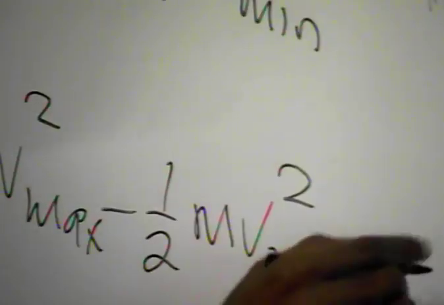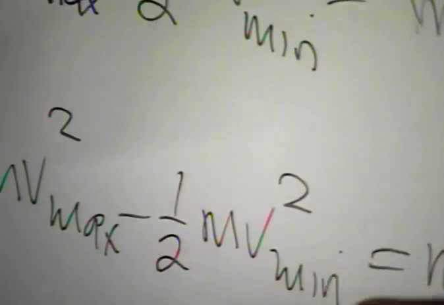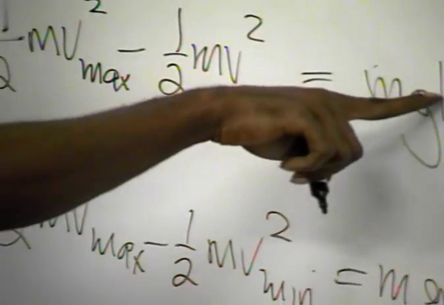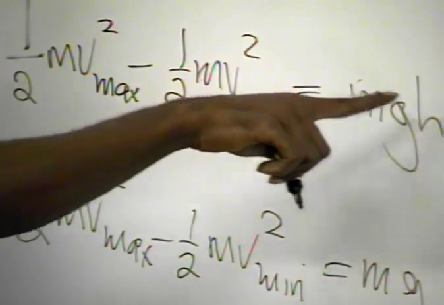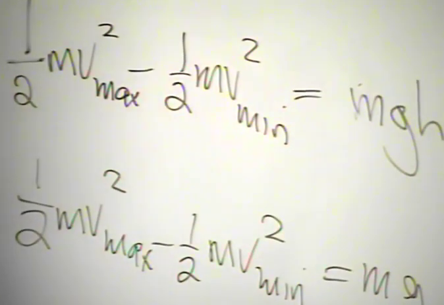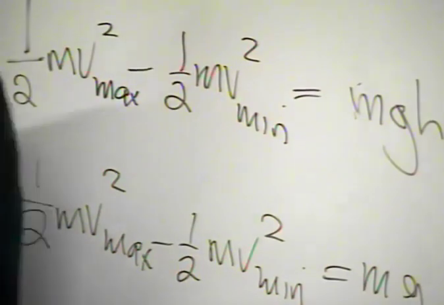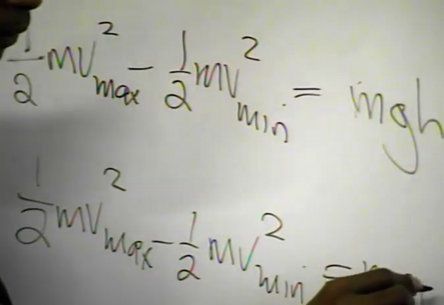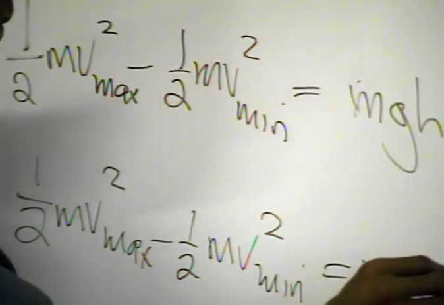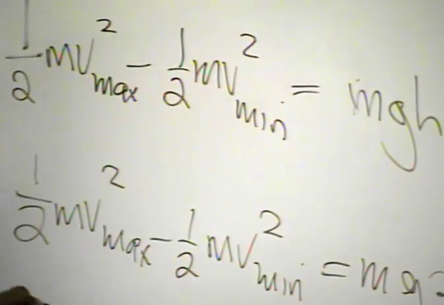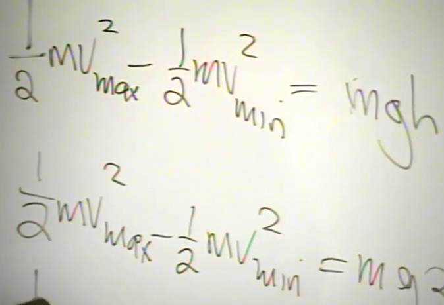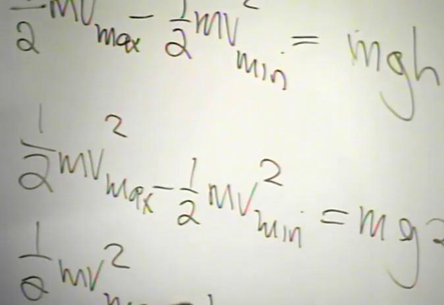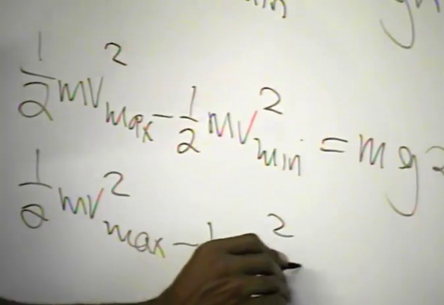Since there is a circle, we'll have m, g, and the height. What is the height? Height of the circle. It is 200. The radius is 100. So we have 2r. So in here it'll be half mv square maximum minus half mv square minimum, which is equal to